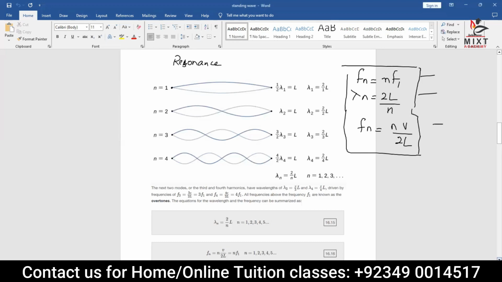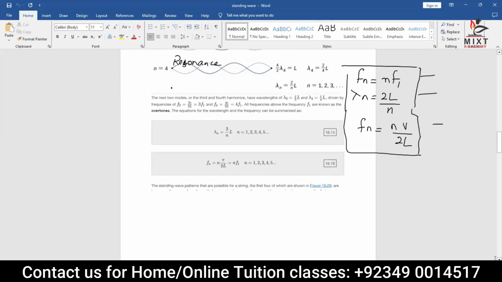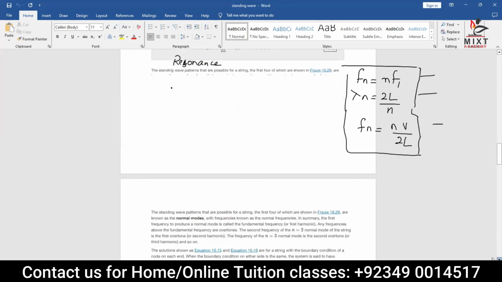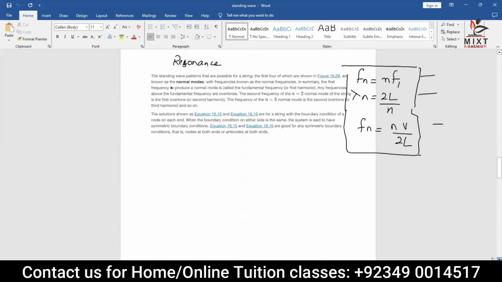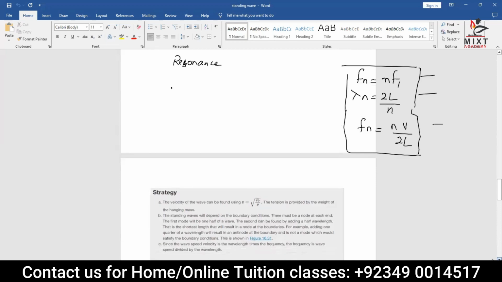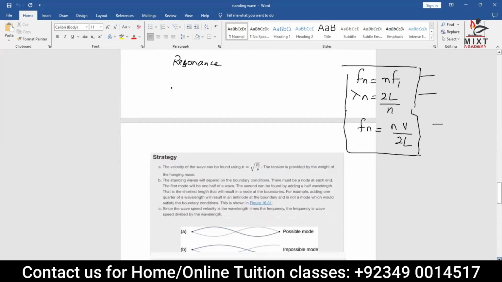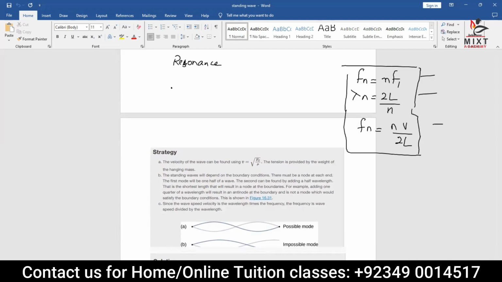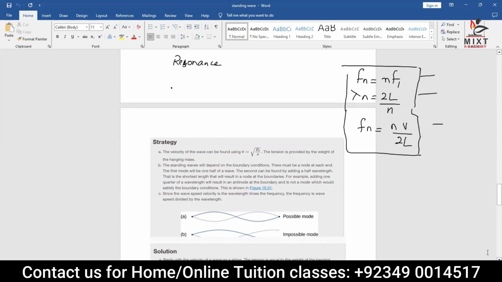Okay, now let's move further. And there is a numerical which is there. But Young double slit experiment is very important, on which we will be coming to. Okay, now there is a question here. Now check this out. A part is actually possible mode. The B part, they say impossible mode. What do you mean by impossible mode? And why do they say impossible mode? Because you can't have an antinode at the end. Yes, so it's impossible mode.